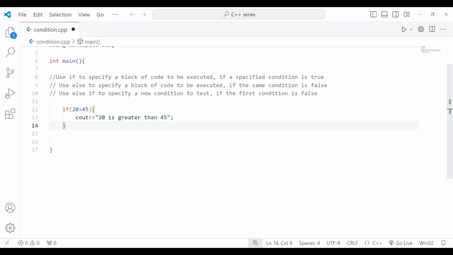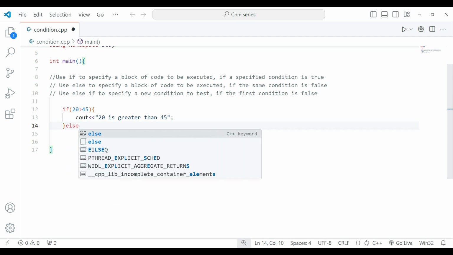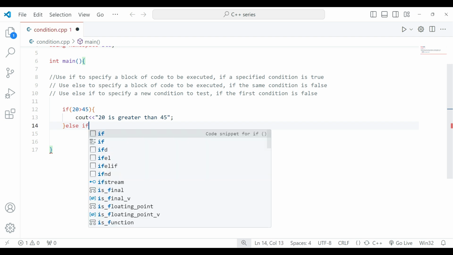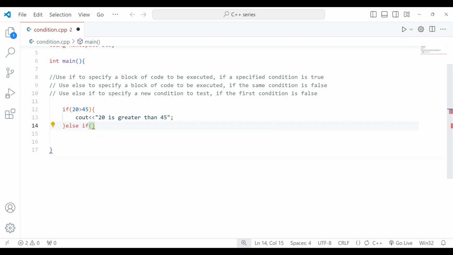This else if condition is used like else only, but here we will type else if. Here we will type our condition. That means you can add another condition here. And what will be the condition? Suppose I want to write if 20 is greater than 18. If 20 is greater than 18, then you have to print out cout